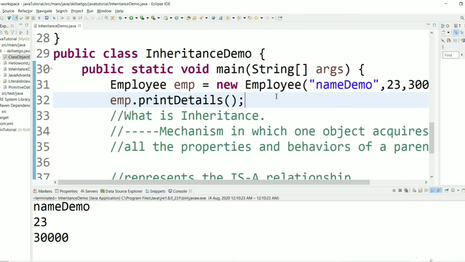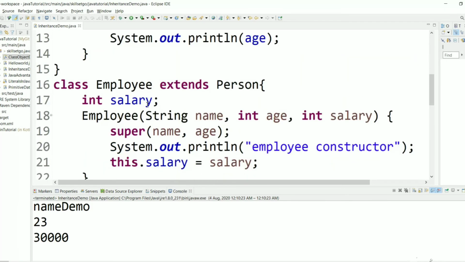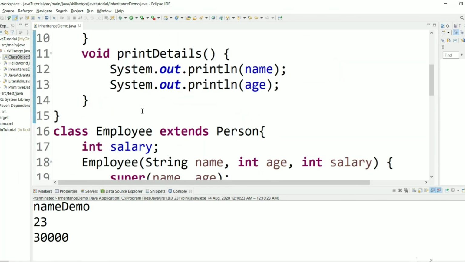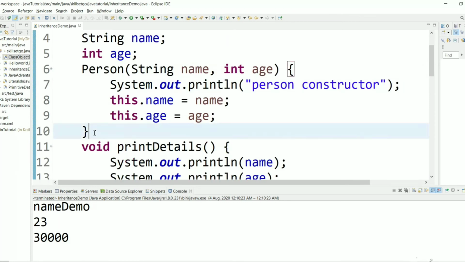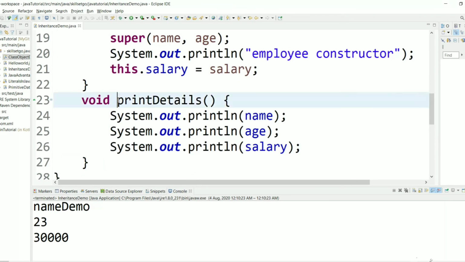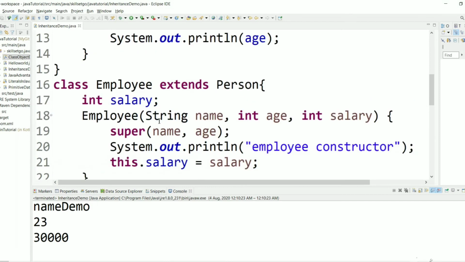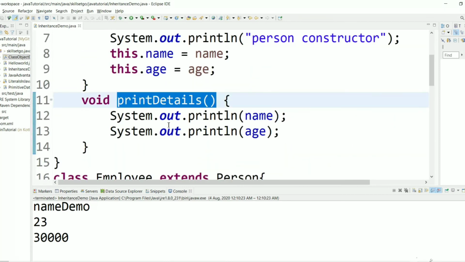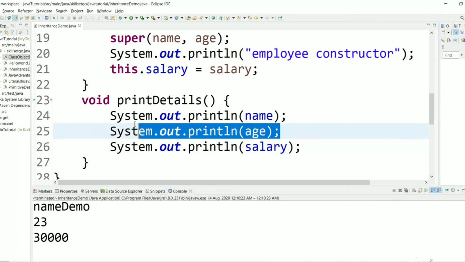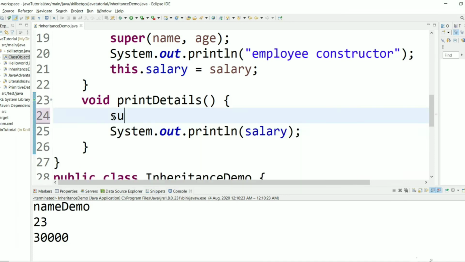Though Employee doesn't have name, age, you can see it has only salary, but we are reusing the name, age properties of Person's class, and we are using the constructor also. So when we call printDetails, it will call Employee's method, and inside this also we can call printDetails of Person. It is the developer's wish. Instead of printing name, age here, just call super.printDetails.